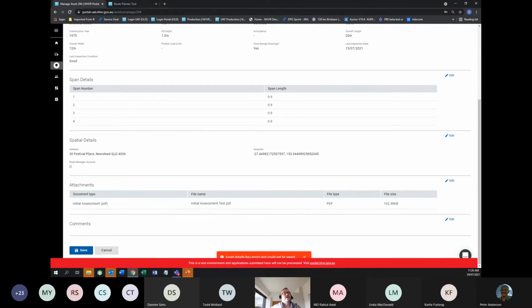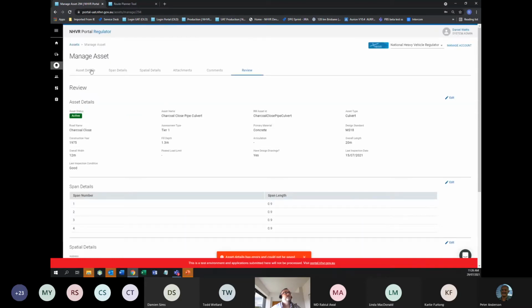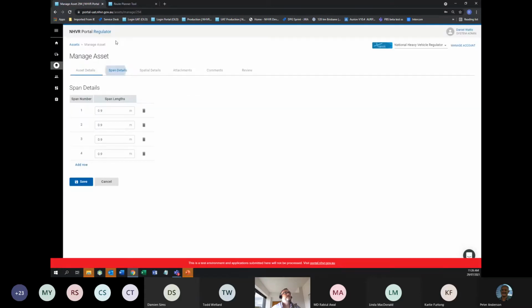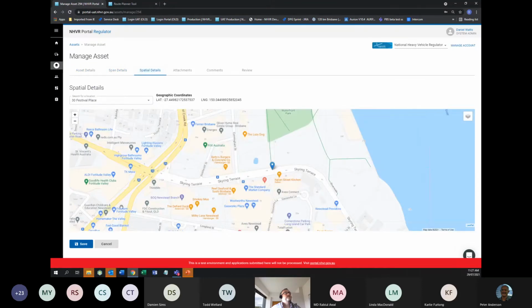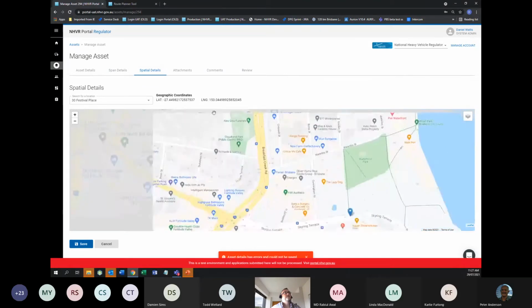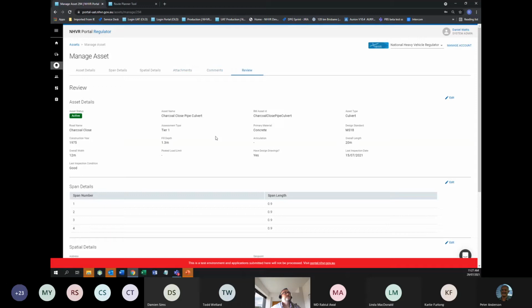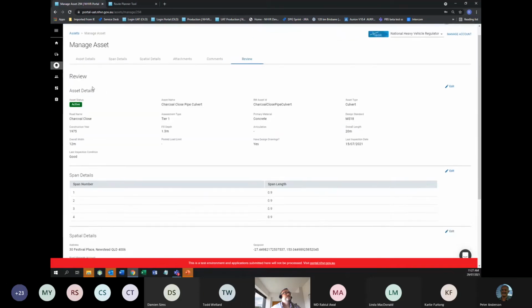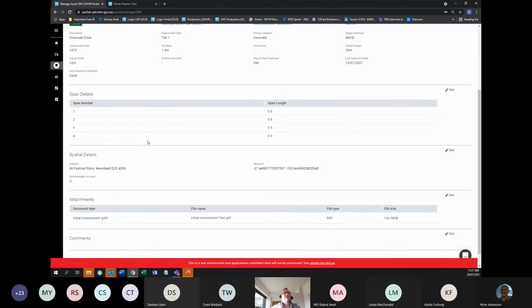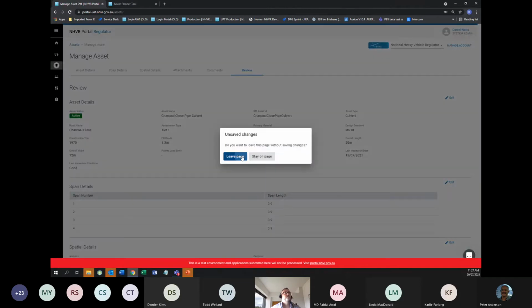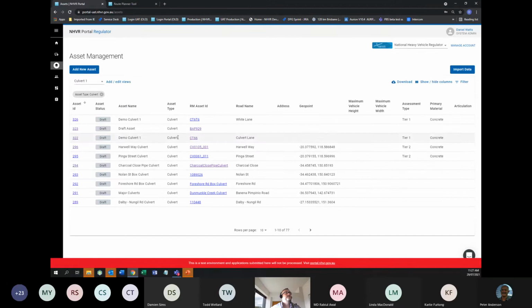Now, asset data has errors that could not be saved. So this is something that's built in there. We can see that we have some issues. Nothing's flagged here. We've got multiple spans, that's all in. Asset detail errors. It is active. All right, guys, I'm not too sure what that particular error is, but again, it's just technology, I think. I'm just going to go back and hopefully